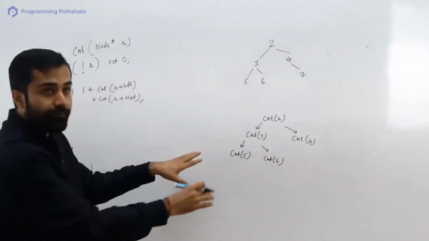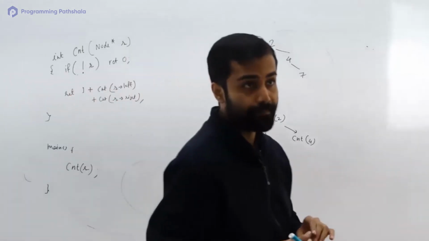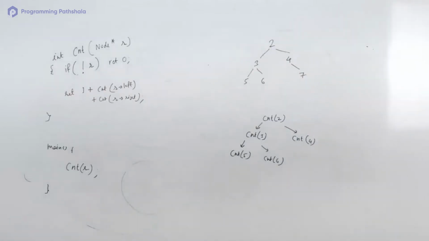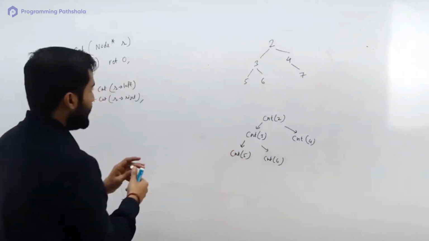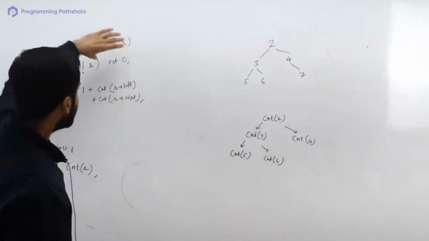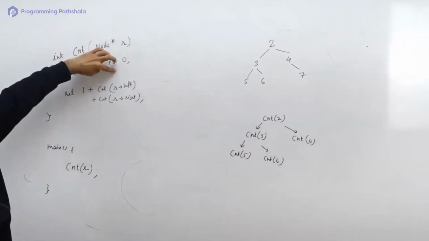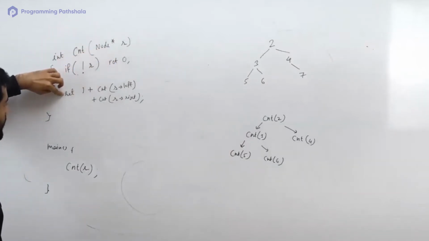Before I draw further, is it clear so far, whatever I am drawing? Are you able to take some sense out of it? Yes, no? Okay. Now, from count of 3, you have come to count of 5, right? So you have come to count of 5. Again, this 5 is not null, so you will come here. You will return 1 plus